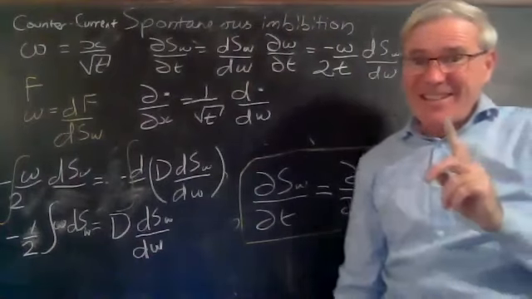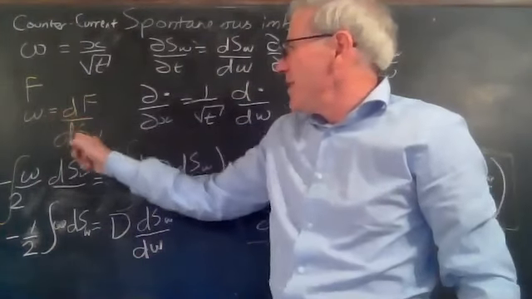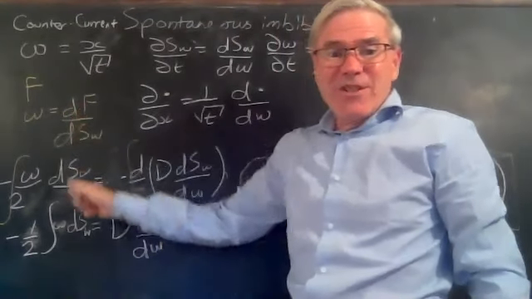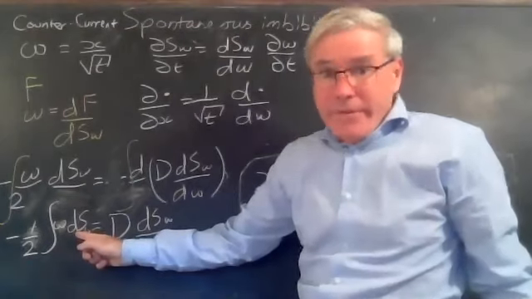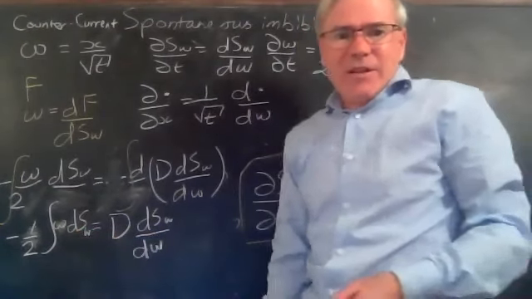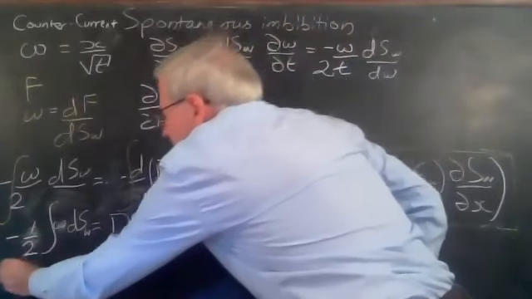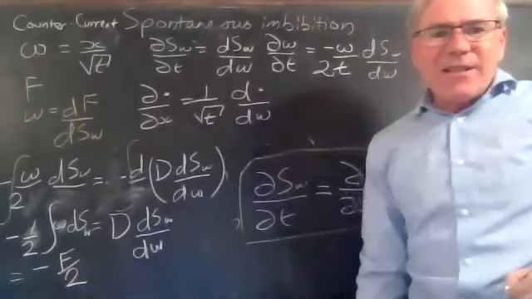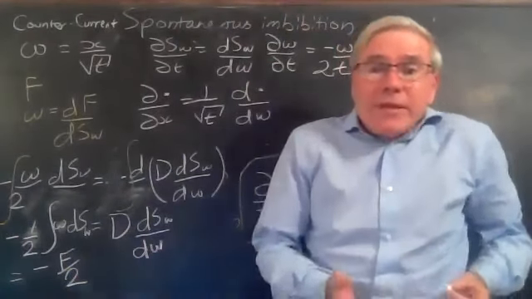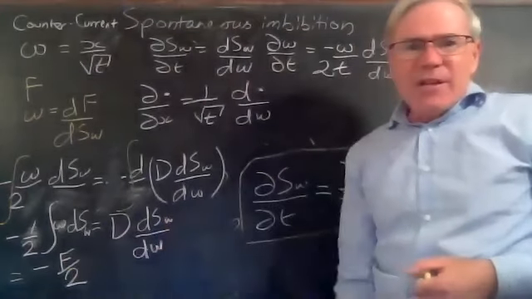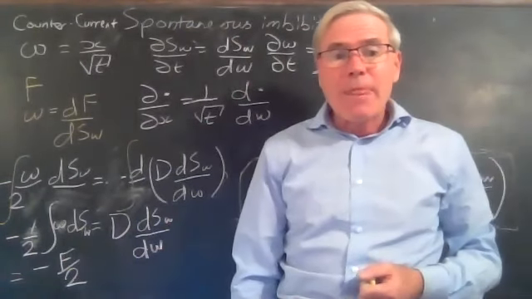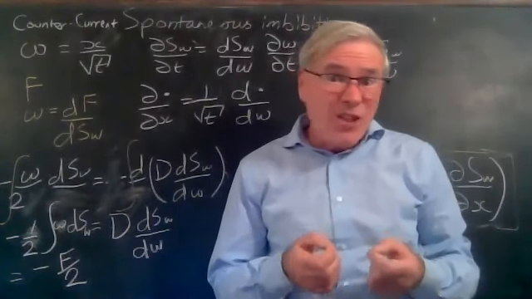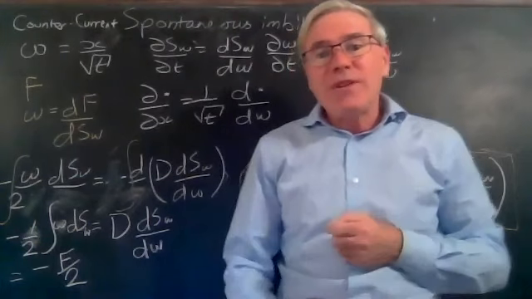But now, here's the key. Look at this. Omega dsw is just df. So the integral of df is f. So here, this is just minus f over 2. Now, that hasn't given me anything, because now I've got this dsw by d omega term, so how do I deal with that? And also, shouldn't I have a constant of integration? Well, the constant of integration,